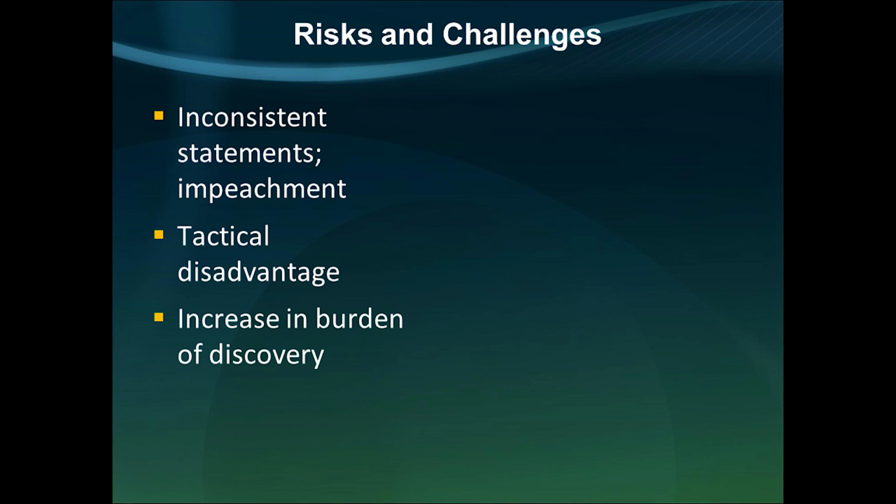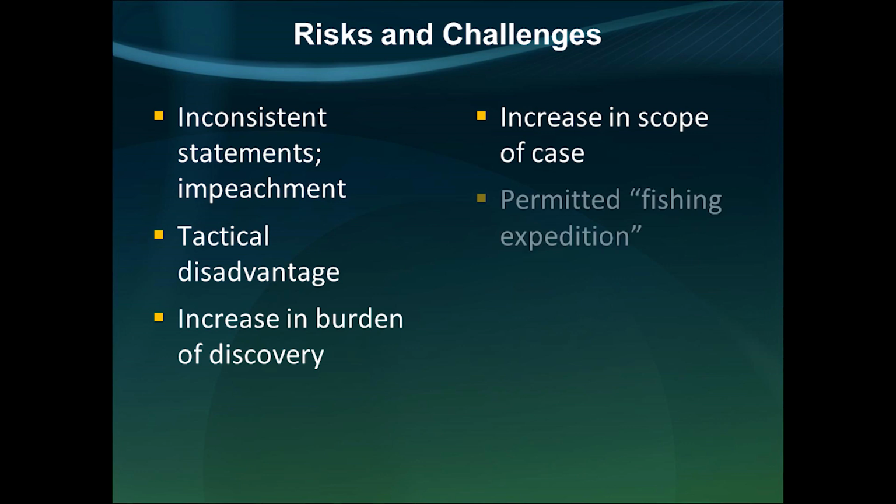A potential disadvantage for both parties is that increasing the scope of discovery significantly may increase quantity and burden of review without a commensurate increase in the quality of the production. Fourth, there can be a further increase in the overall scope of the case, because the production of these materials might lead to additional depositions or additional third-party discovery. Also, the fact that there is little burden to producing this evidence from other proceedings means that more of a fishing expedition might be permitted than it would be otherwise.